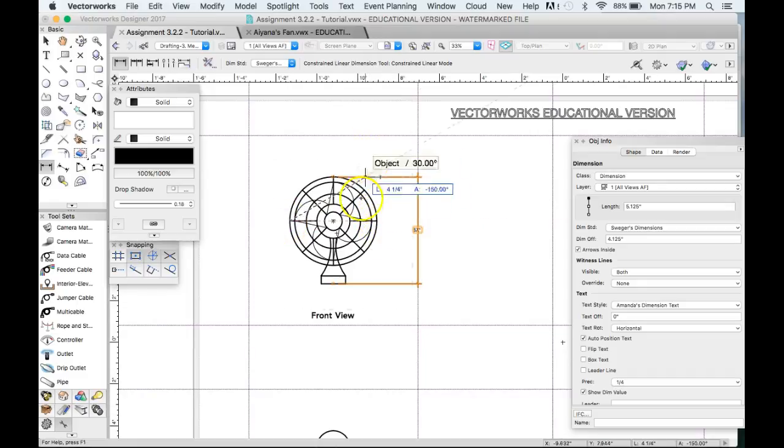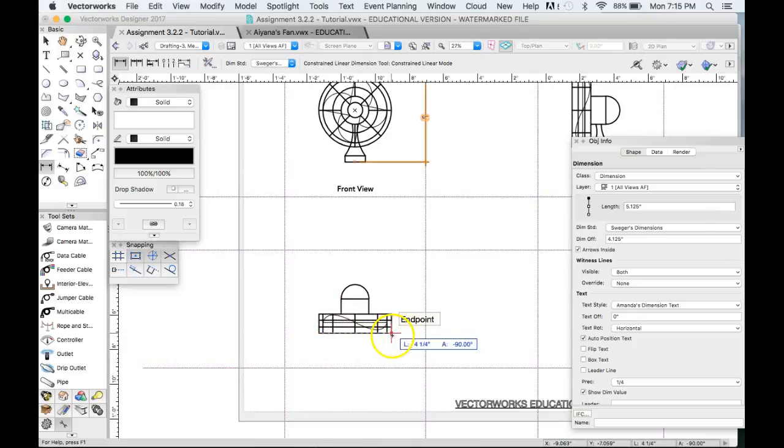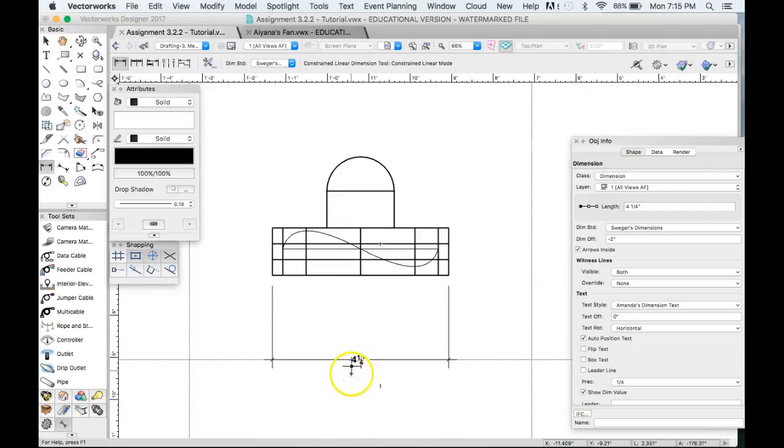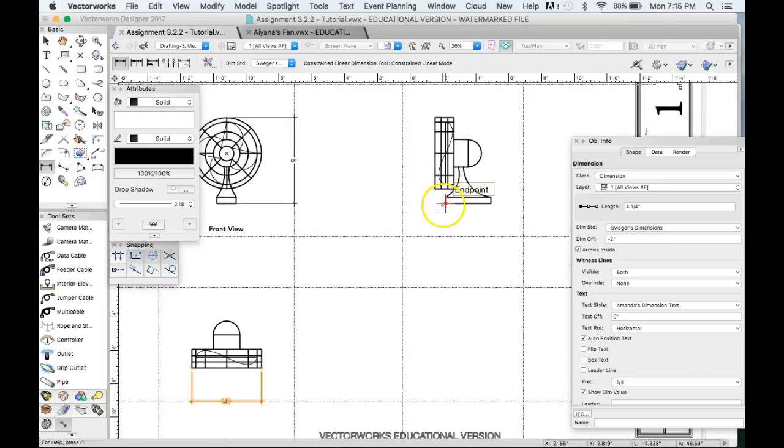And I probably wouldn't want to do a vertical measurement here. I might want to come down here since that's the same thing. I may choose to do this. I may choose to do this. But see,